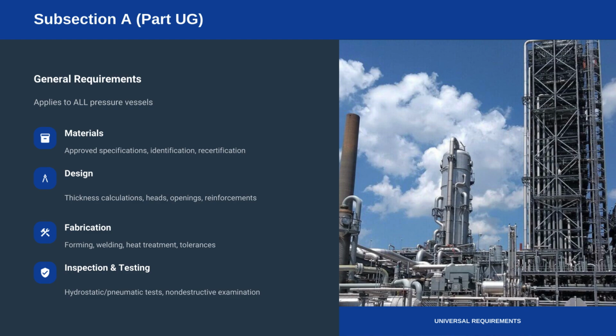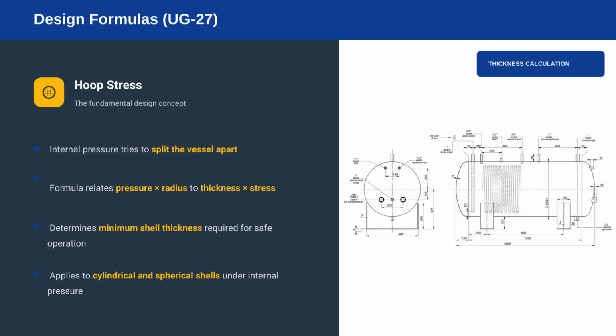Let's look at subsection A, specifically part UG. These are the universal requirements. Whether you use steel or alloy, you must follow part UG. It governs the absolute essentials, from selecting your materials and running design formulas, to final inspection and testing. The core calculation is UG27. This calculates hoop stress, the force trying to split the shell like a zipper. The formula balances internal pressure against the material's strength to tell you exactly how thick the steel must be to